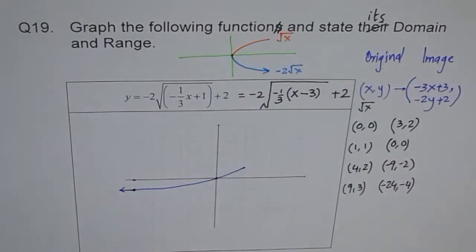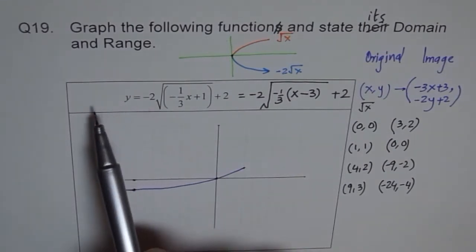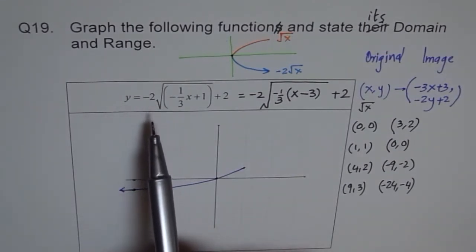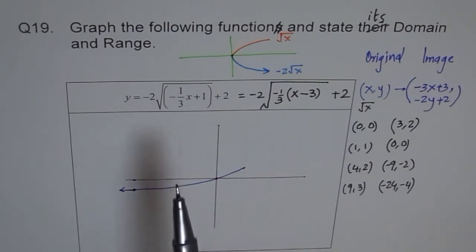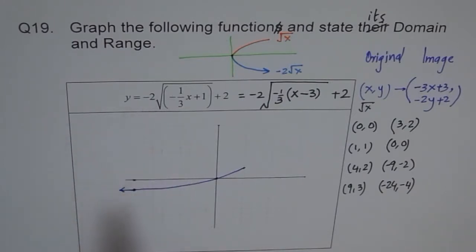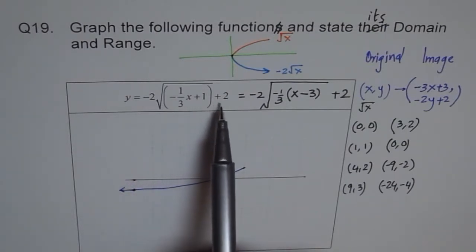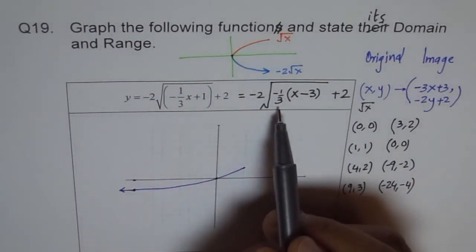Perfect. Now we are moving from left to right. Note, if you move from left to right, you will perform the transformations in the right order, always. The second option for you is, of course, you can do horizontal stretch, compression, reflection first, and then do vertical stretch, compression, and reflection. And at the end, you have to do the translations. Okay. Now, here we are supposed to stretch it